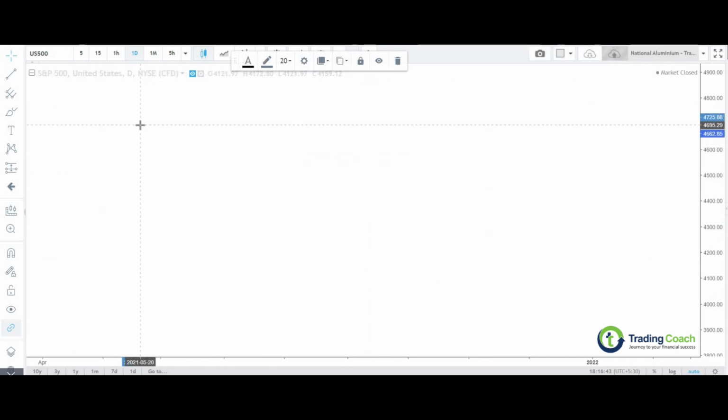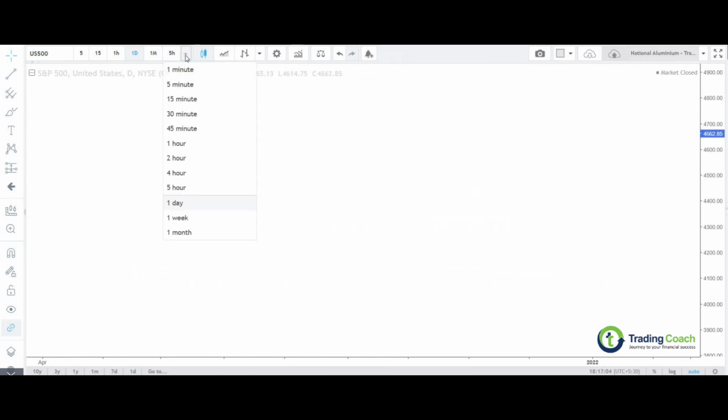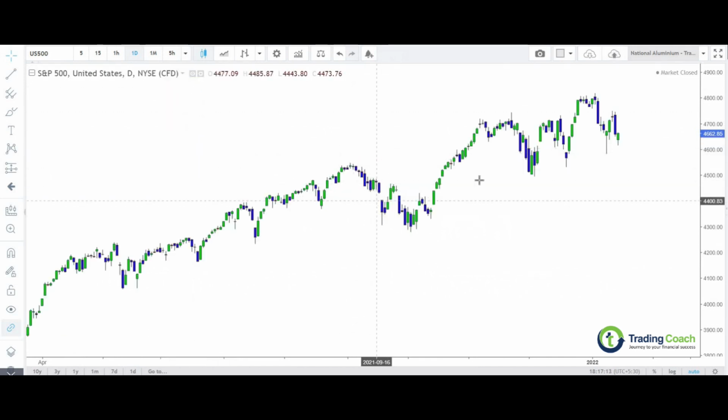For those of you who are beginners, let us start by understanding what exactly a daily time frame is. When I say daily time frame, you can see this time frame window exactly over here. In this time interval window, you have something called the 1-day chart. When I click on the 1-day chart and look at the chart over here, you can see